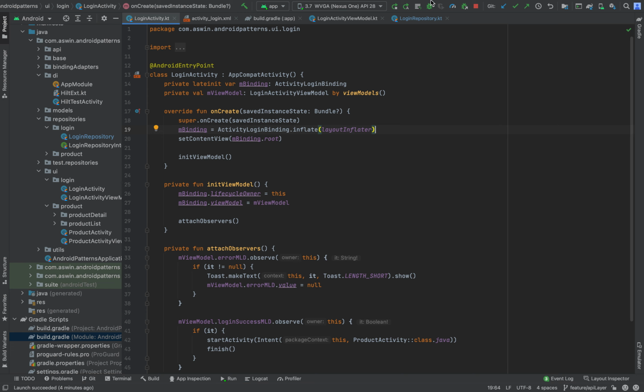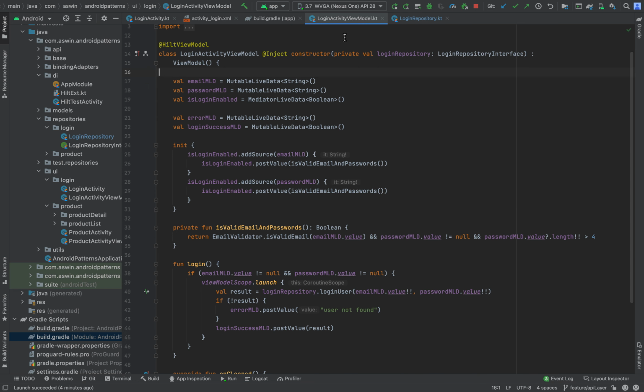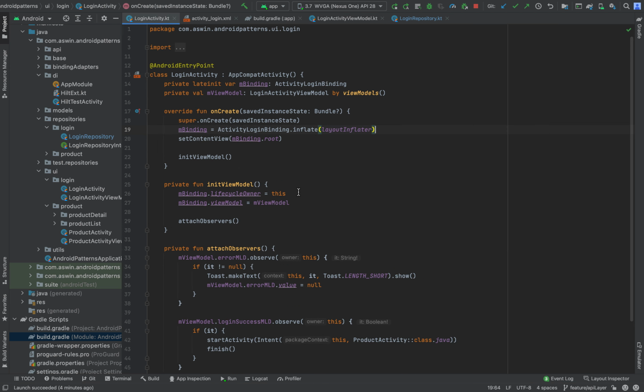That's it. We have added the login feature. In the next part, we are going to see how we can write test cases for each module, that is for login repository and login view model, and how we can write test cases for login activity as well.